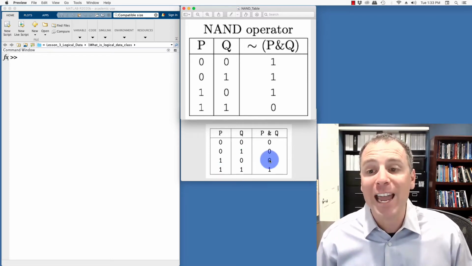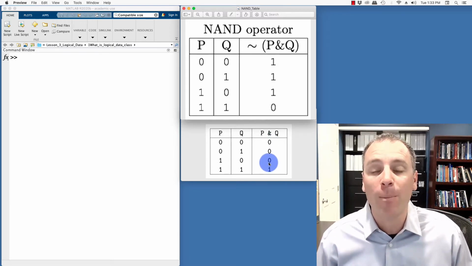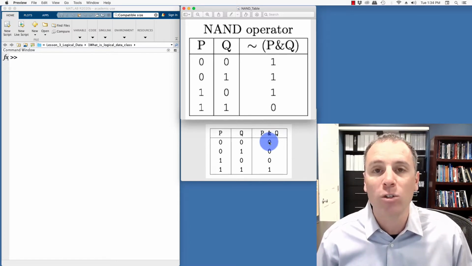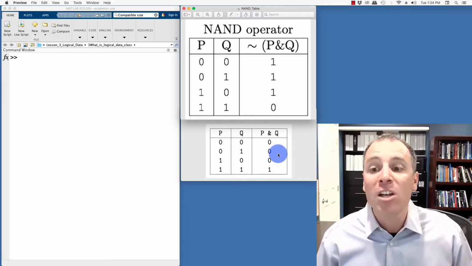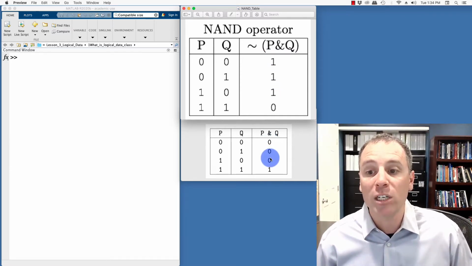NAND means not and. In other words, we take this output 0, 0, 0, 1 and we hit it with a not operation. Remember, not turns trues to false and false to trues. In other words, zeros turn to 1 and 1 turn to 0. We invert each of those bits. So NAND would be true exactly when and is false, and that's what we see up here. Not P and Q is the equivalent of NAND or not and, which is 1, 1, 1, 0, because 0, 0, 0, 1 knotted would be 1, 1, 1, 0.